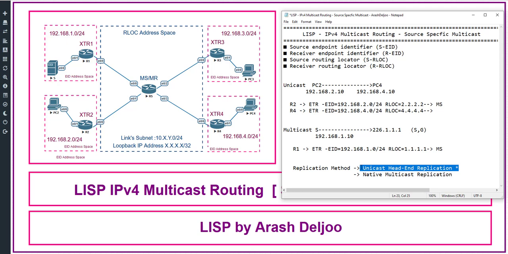This is unicast head-end replication, also known as the unicast tunneling method. In this method, the replication of multicast traffic happens at the root of the site, which makes it possible to carry multicast traffic over a network that does not support native multicast. This means that here we don't need to support multicast, because we are tunneling traffic from R1 to R3 and also to R4. We are sending only unicast packets, because of that this core RLOC address space doesn't need to support multicast. Unicast replication for an (S,EID,G), because look here, this is the